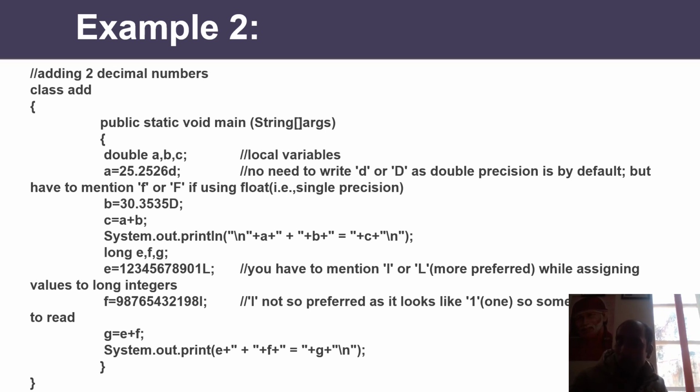Now, what is the solution? You have to tell the compiler that yes, I know that double precision is a very good option and Java uses double precision, but I want to take a single precision value. How do you say that to the compiler? Whenever you declare a float type variable like float a equals 10.24, you have to postfix a capital F or a small f in front of that value.